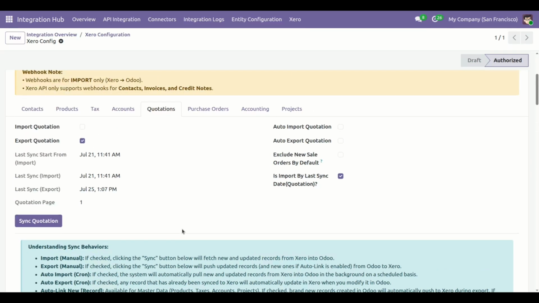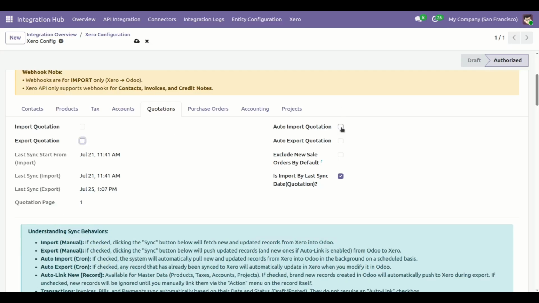Now if you do not want to do import quotation and export quotation manually using sync quotation button, click auto import quotation and auto export quotation. It will automatically import and export quotation via cron job. Now if you want to exclude your newly created quotation,